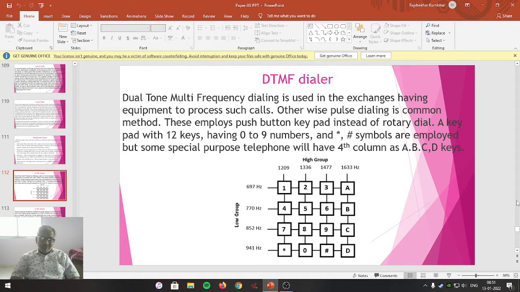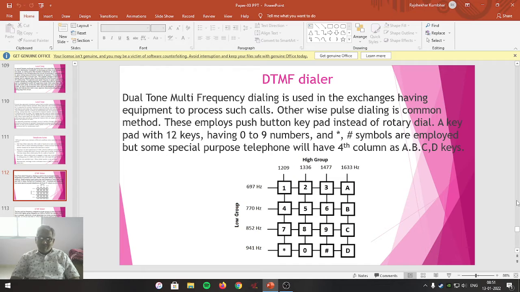But friends, nowadays such a pulse dialing system or rotary dialing system is not used. The reason is, at present digital electronic telephone exchanges are in working condition, and hence the pulse dialing system is not adequate for such well developed digital electronic telephone exchanges.